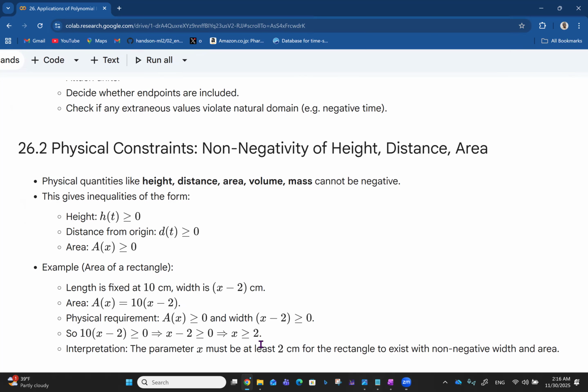That is not allowed. So x greater than or equal to 2 means the least value of x you should have is 2. Next, it will be 3 so that you can have 0 and positive values. So interpretation: the parameter x must be at least 2 cm for the rectangle to exist with non-negative width and